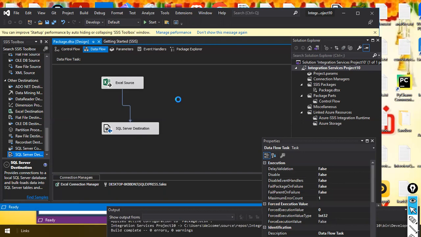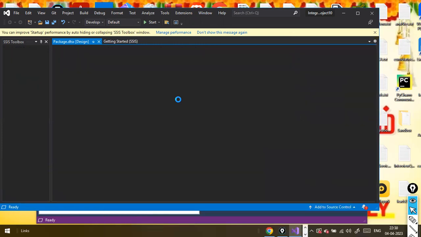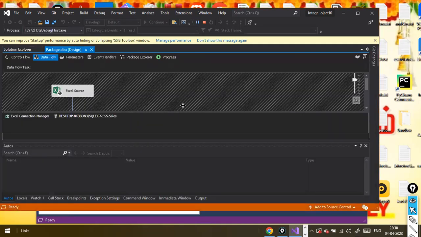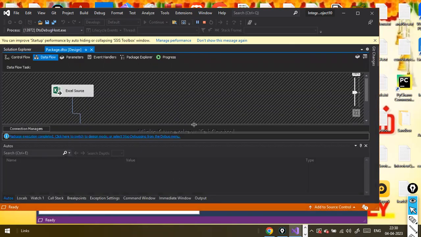If you get any error, then the problem is with your database. Your database got crashed. In my case, I created a new database. I'm not sure if this is the correct one. And we can see what the output is. So let's see if there are any errors and everything is good. See, now the destination. There are some errors because, like I said, the SQL Server got crashed.